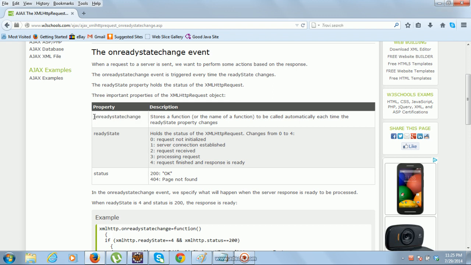There is a property called onReadyStateChange in the XML HTTP object. Whenever this value changes from one value to another, for this property we have to assign a JavaScript function. Then whenever this value changes, the function which we have assigned to this onReadyStateChange property gets called automatically. But that function